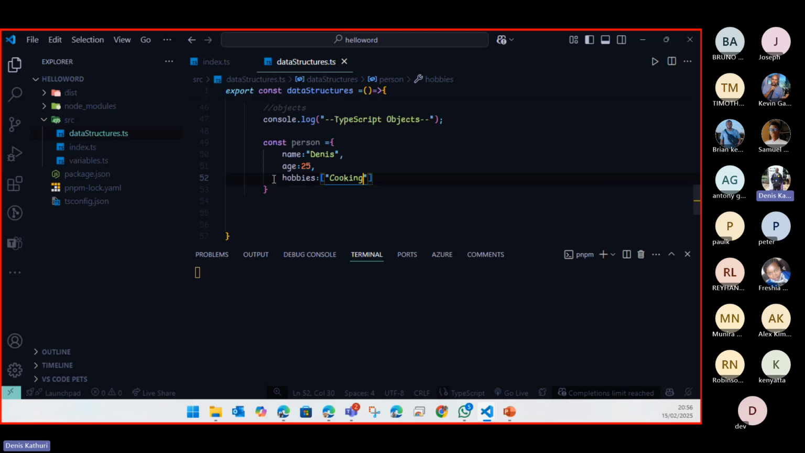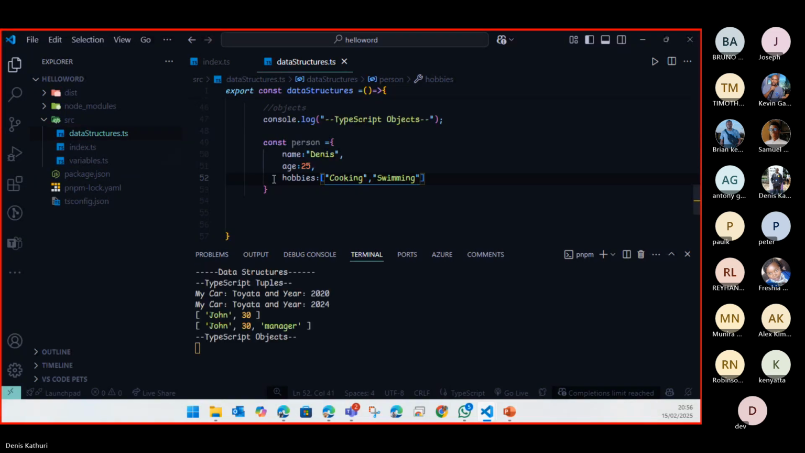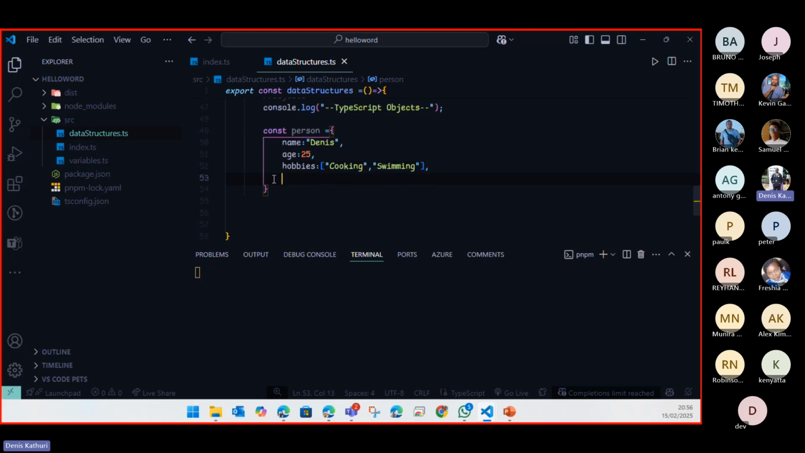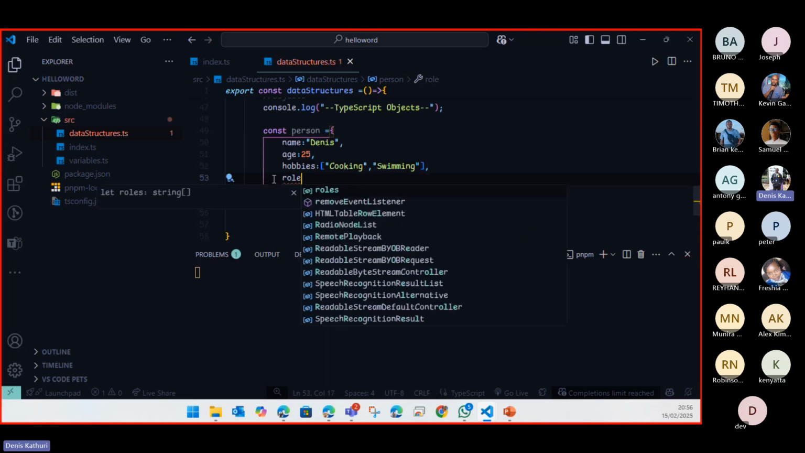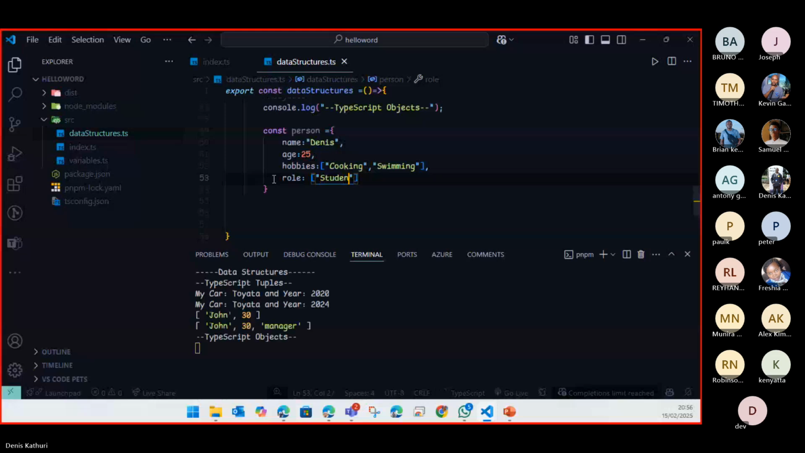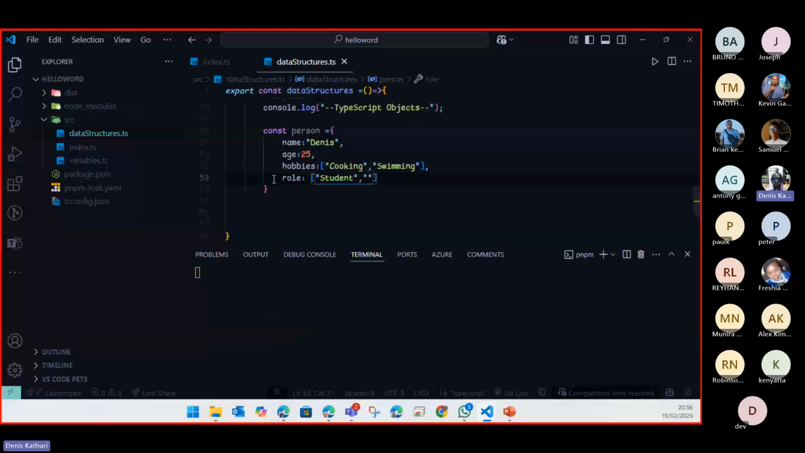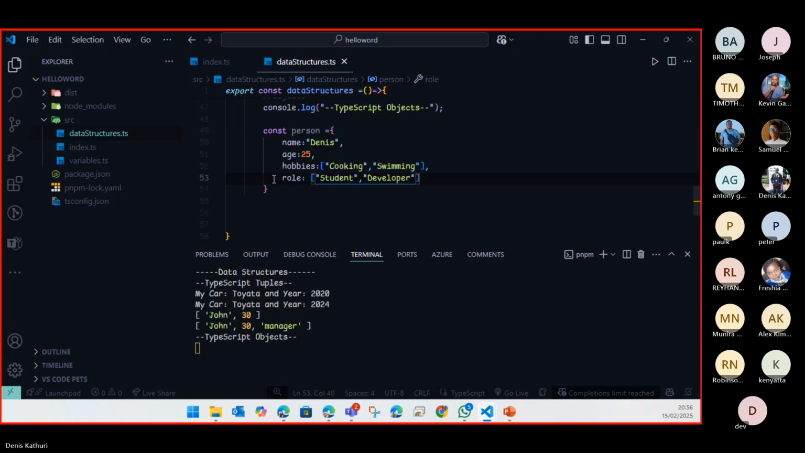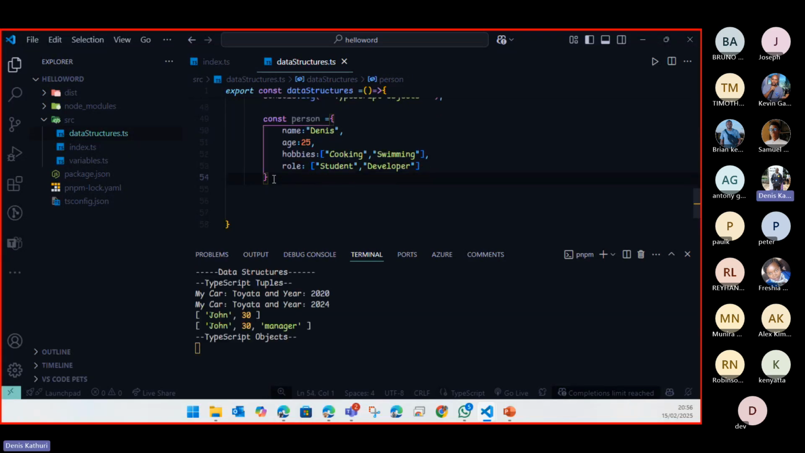Cooking, then the next one is maybe swimming. Then the roles. So I have some roles, the same as an array, which is the first one, I'm a student, then comma, and also maybe a developer. So this is how you declare